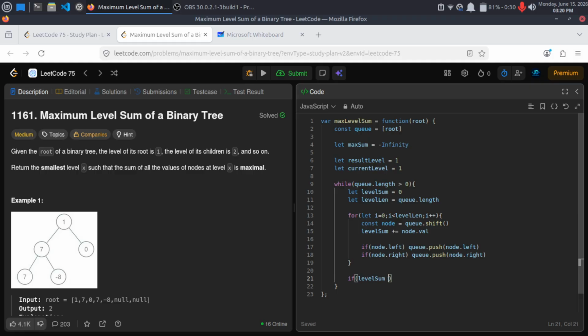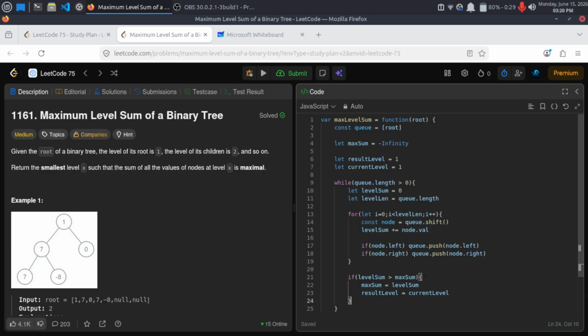If level sum is greater than maximum sum value, then we have to update it. Maximum sum is equal to level sum and result level is equal to current level. After the for loop finishes, meaning after we process all the nodes in a level,